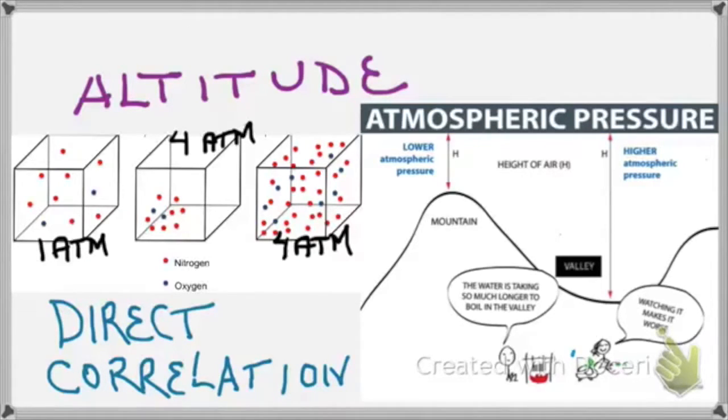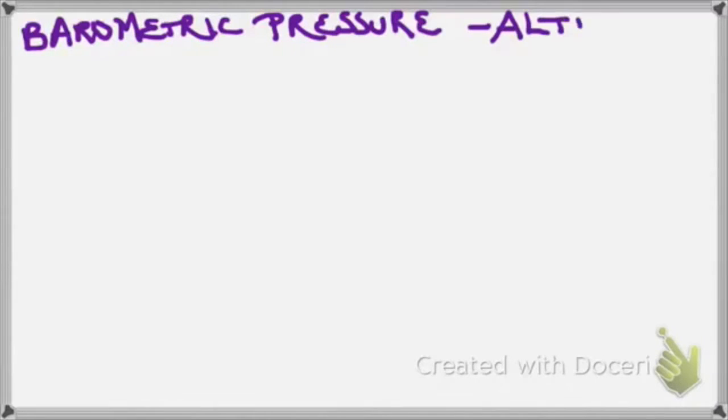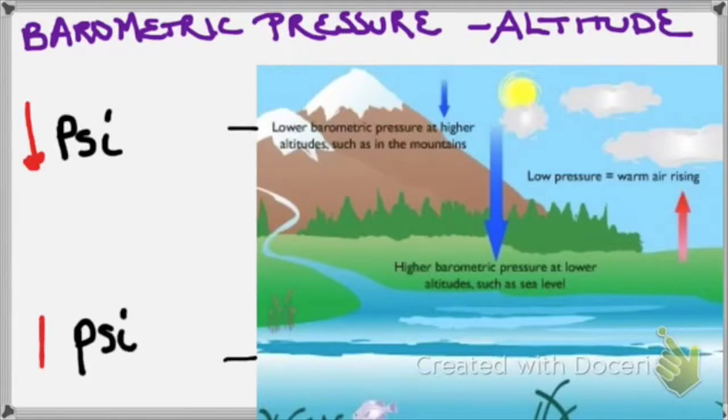And in fact, when you're up in the really high mountains like Mount Everest, the pressure gets down as low as only 0.33 atmosphere, or 1/3 the barometric pressure down at sea level. And then, since higher altitudes are going to have a lower barometric pressure, then the mountains are the place